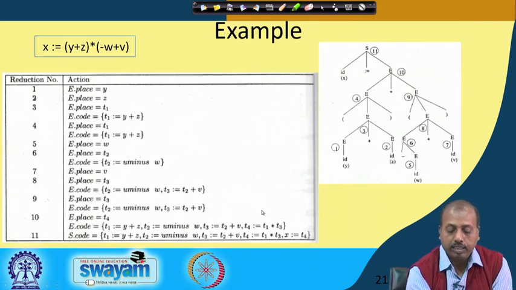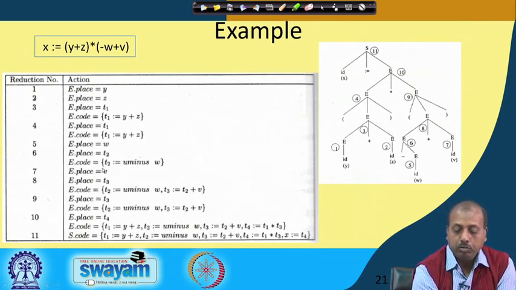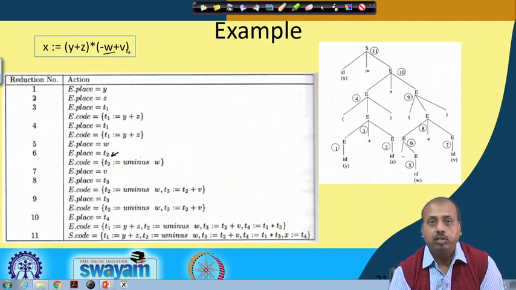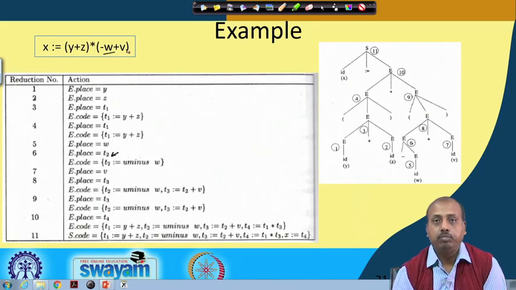That is done here. So this T2, the new code that is generated: the new place has been generated at T2, and T2 is assigned as unary minus W, so that makes this minus W part. This way the code generation continues. We will go through this in the next class.